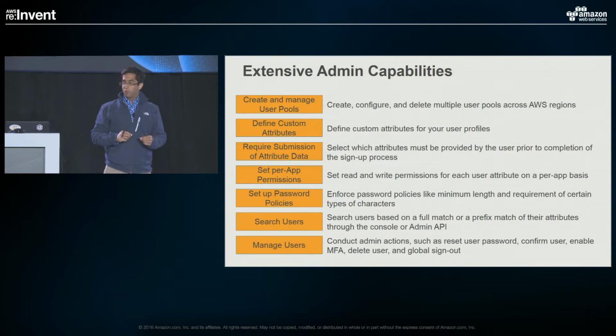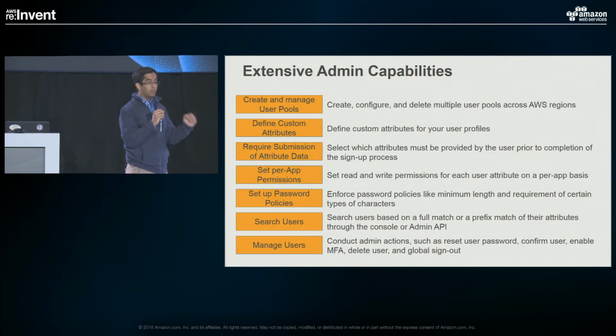So I'm going to fly through this slide a little bit because Tim is going to cover this a little bit more in depth during his demo. But in addition to those user-focused flows, we provide rich admin capabilities that are available through the console and through the SDK and CLI. You can create and manage multiple user pools. Basically, we support 6 regions today, and a user pool lives in a single region: 2 European regions, Frankfurt and Ireland, 2 North American regions, Portland and Northern Virginia, and 2 APAC regions, being Tokyo and Seoul.